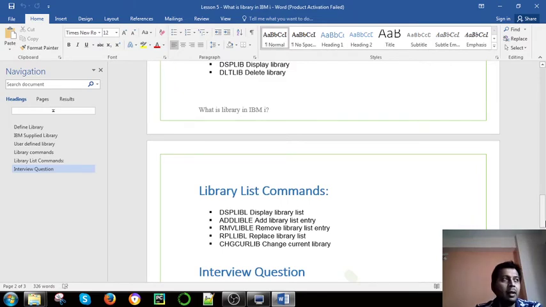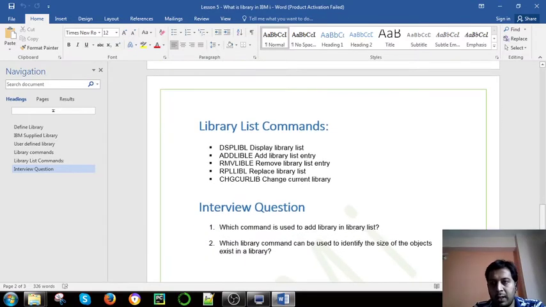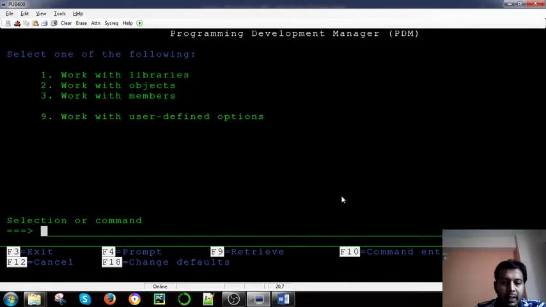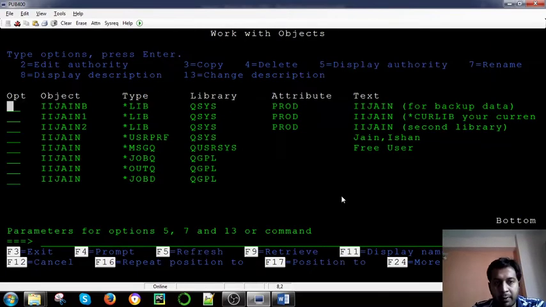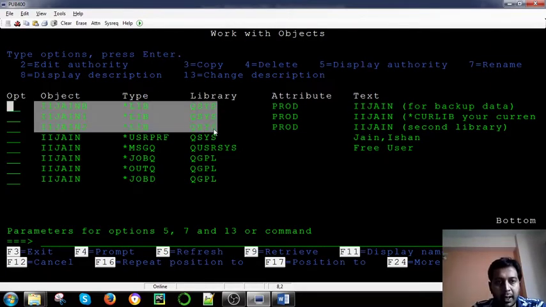Every session, every interactive session has a library list, right? So we will see in the green screen right now what we mean by the library list. And we can look at a couple of questions, right? Basically anything I have said earlier in previous sessions also. For example, these three things are the libraries, right?